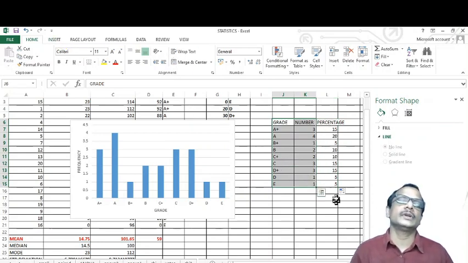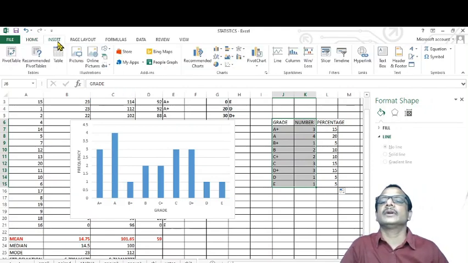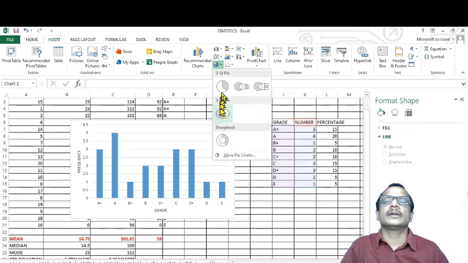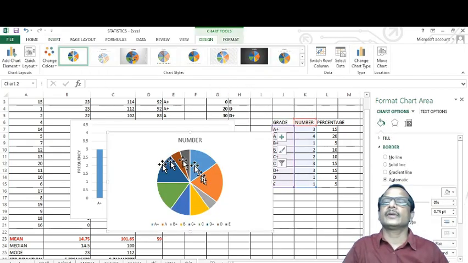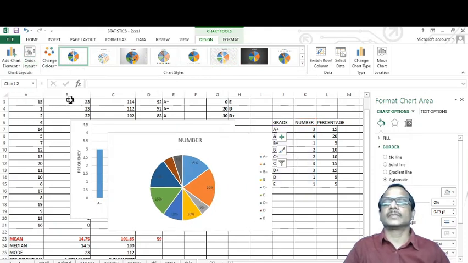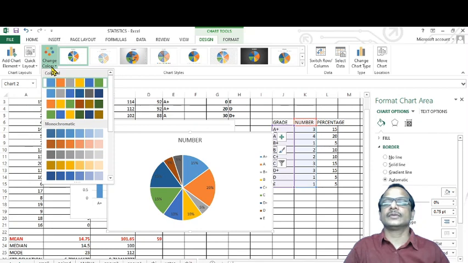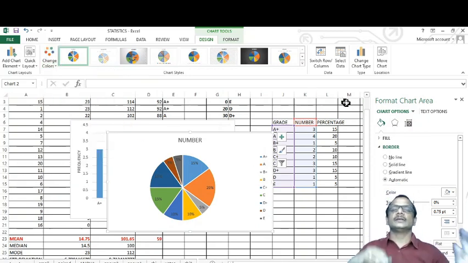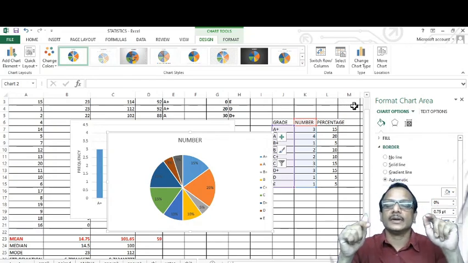Pie diagram usually works on percentages. Okay, then click here and select the graph. Here you can see the graph with all the grades, and from the graph itself we can easily identify which category of students are more. See, in this graph there is a color code, and based on the color code we can identify it. In that way we can create different types of graphs using Excel. Thank you.